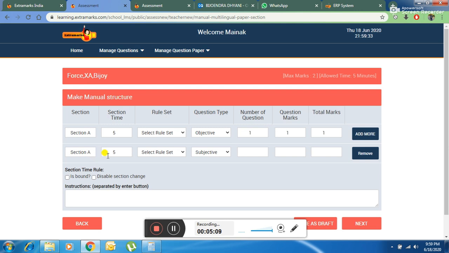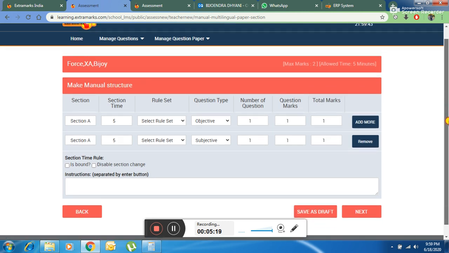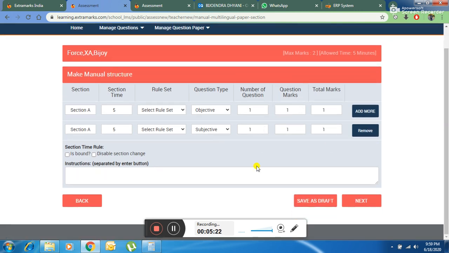Okay, see, section A only 5, one objective, subjective here. So I will click one mark, one question, one marks, done. Okay, so this is how I can do. If I am planning a paper, suppose there are 10 marks paper where I am giving 5 objective type, suppose 6 objective type and 2 marks, 2 questions of subjective. Okay, so this is how I will be designing it.